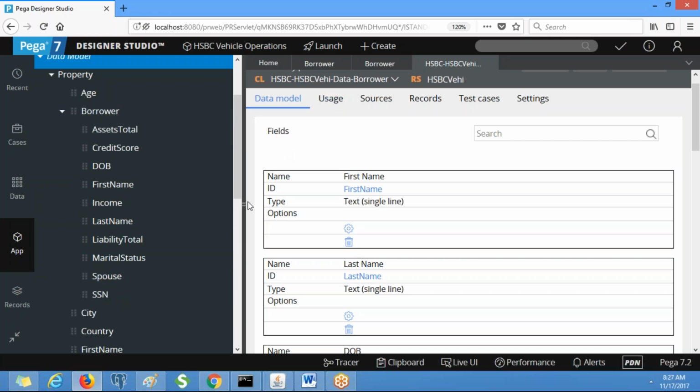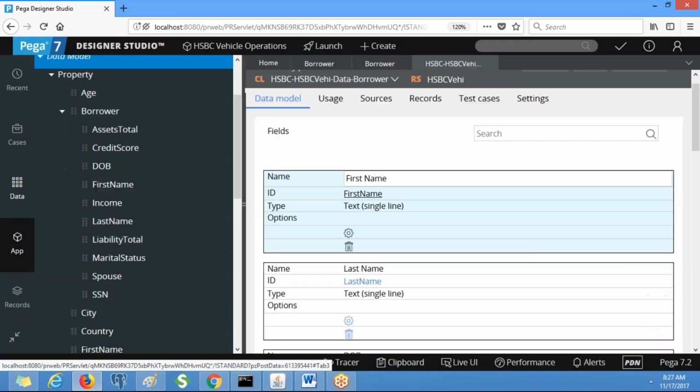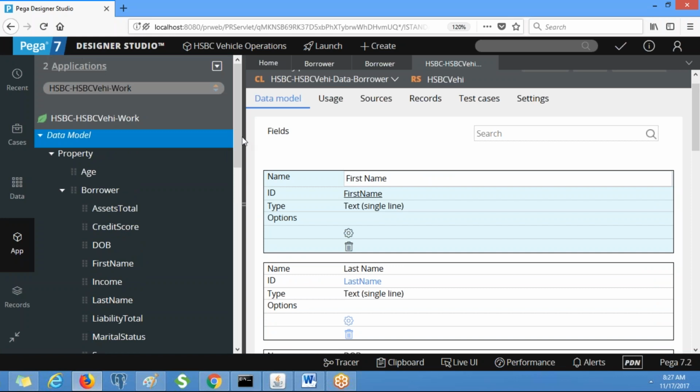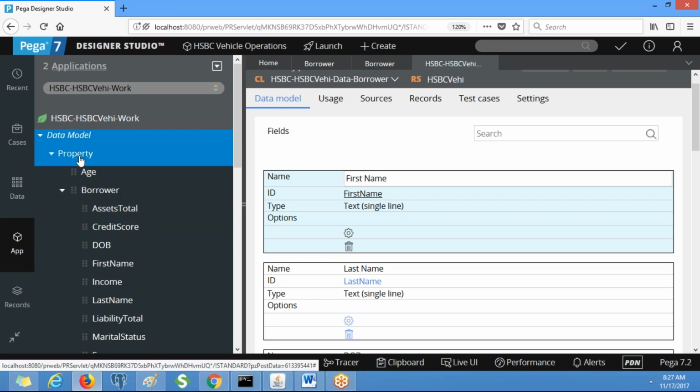Satya, this is Syed. This borrower in this property class is from the work class. The property class is under the work class. How is it reflected when we created the data class? See, we created a data class called borrower. Then we created a borrower page property under the work class, and we gave that data class as a reference to that one. That means all the properties which are defined under the class can be used by using the page reference. Borrower is a page.